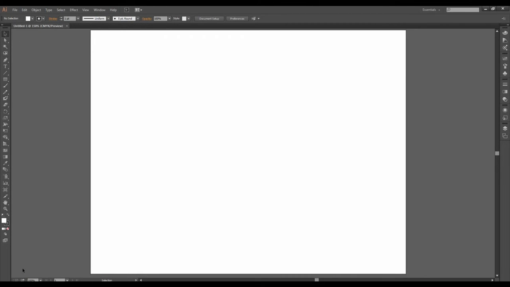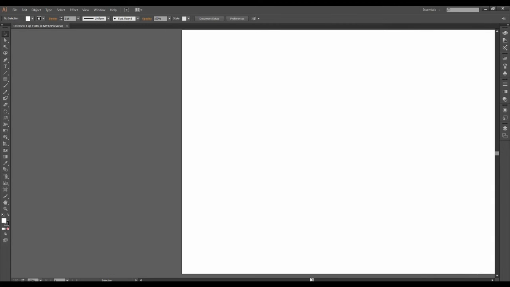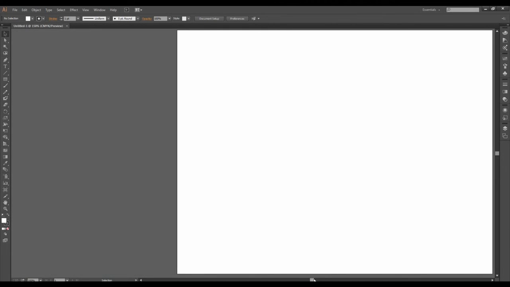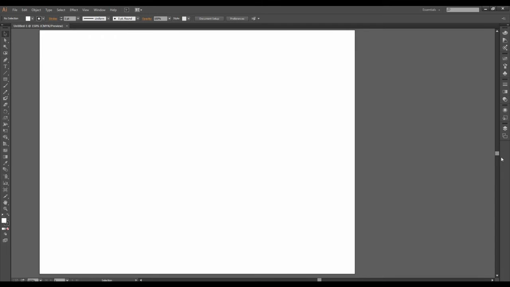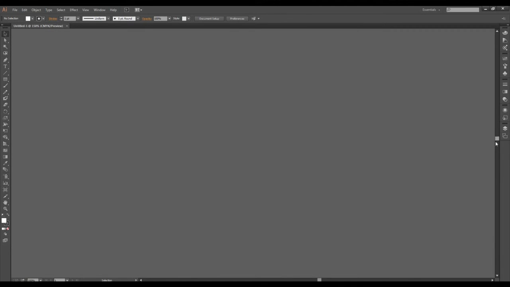And at the bottom we have one more small panel, and there's actually no name for it. Even I don't know what to call it, but there's something at the bottom, and I'll tell you how to use it. We get these two scroll bars. So if you are not comfortable with holding space and left mouse click and dragging around, you can even use these two scroll bars to navigate around your canvas.